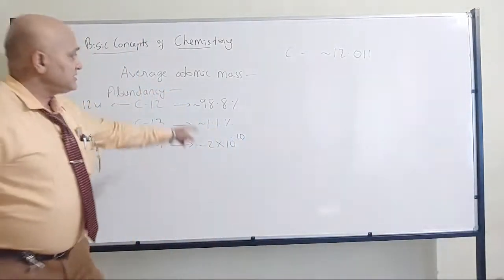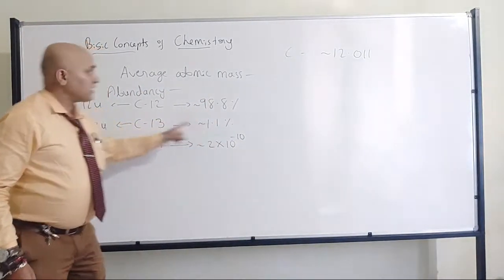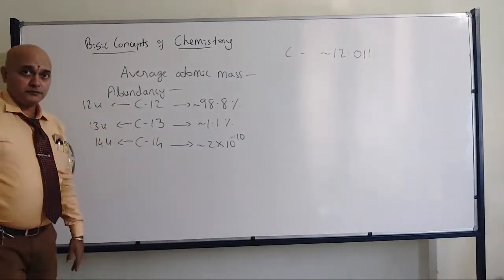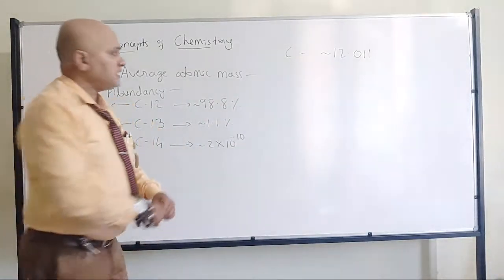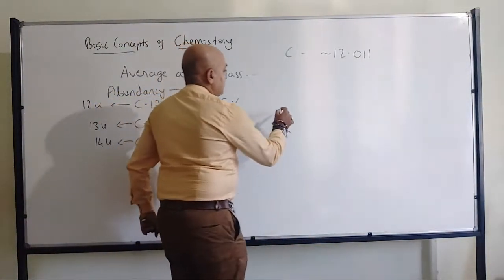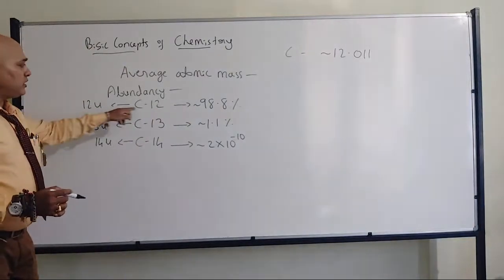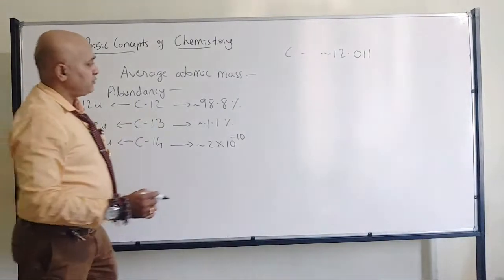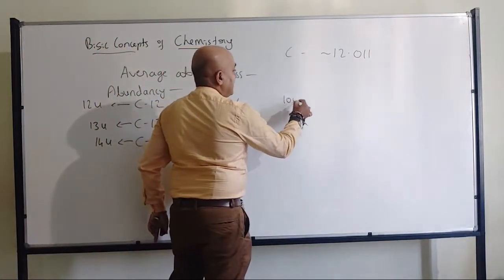And this is their percent occurrence. This is the percent occurrence. This is the atomic mass unit for these isotopes. Now I have to combine all these values. So say for example, if I take 12 gram or 12 U of this one, now I can tell that for 100 it is